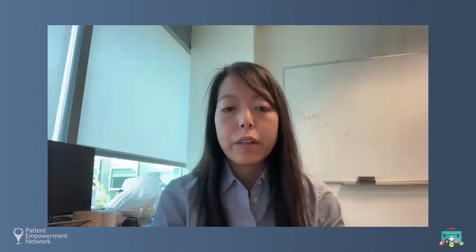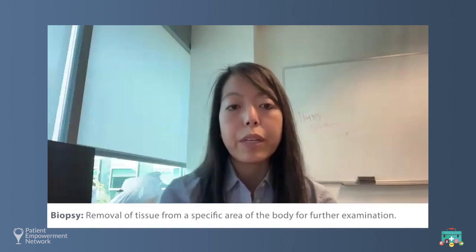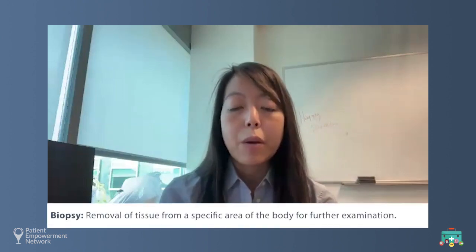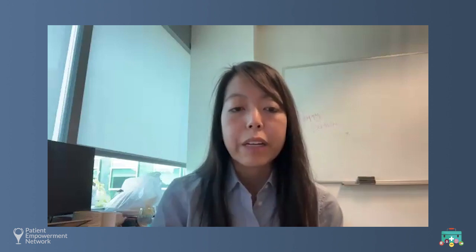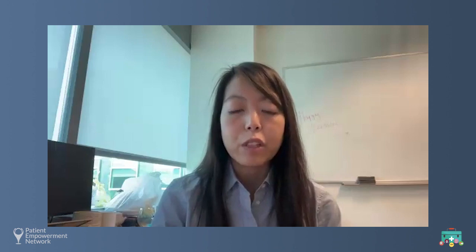So it's always important to get a biopsy so then we can tell which type of non-melanoma skin cancer it is. And that's when we look at your cancer under the microscope, and a special doctor called a pathologist. And actually, they're also really important as part of our multidisciplinary team. They look at the tumor under the microscope and they tell us which type of non-melanoma skin cancer it is. But aside from that, I think